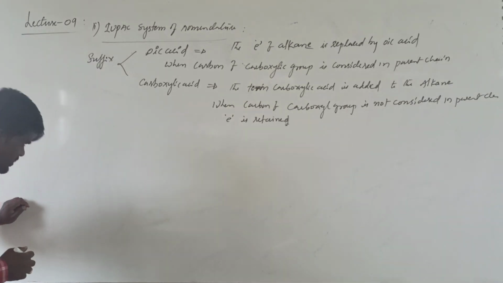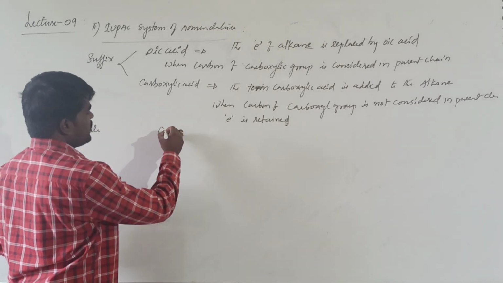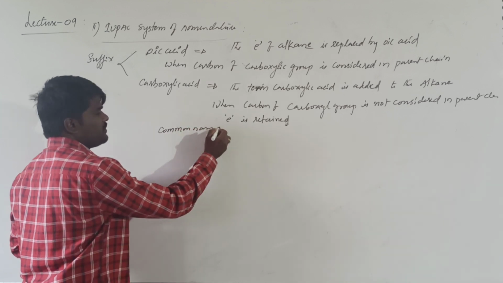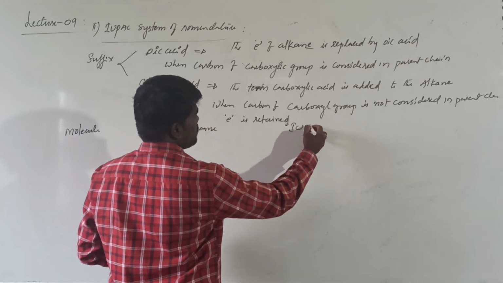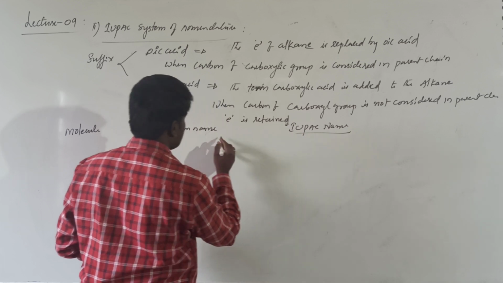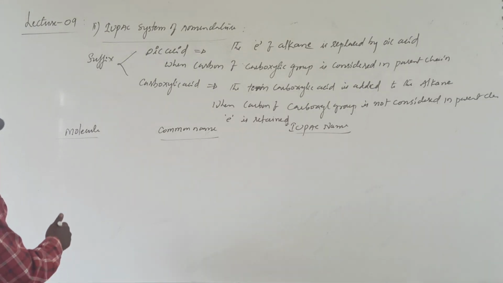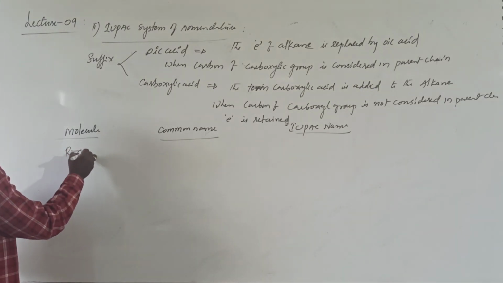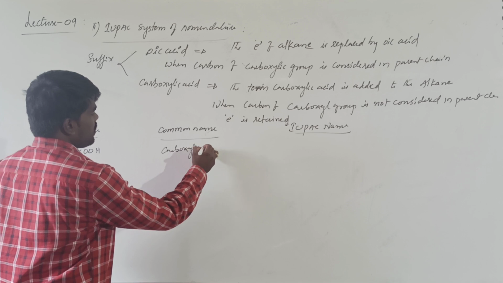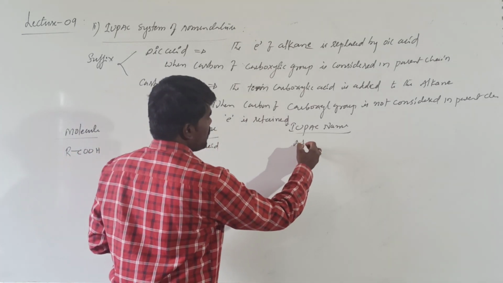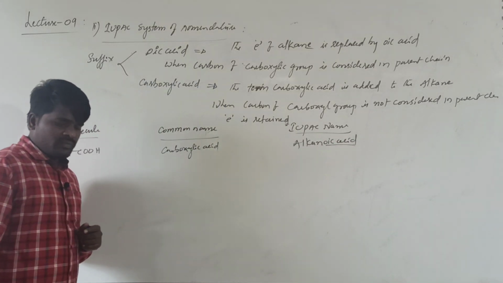The general representation, we will say the molecule here. Here we take a common name, here we take the IUPAC name, of some examples we will see, right. The general representation of carboxylic acids is RCOH, okay. They are commonly called carboxylic acids. Carboxylic acids, according to the IUPAC, what are they called? Alkanoic acids. This is the secondary suffix. We will take the example.